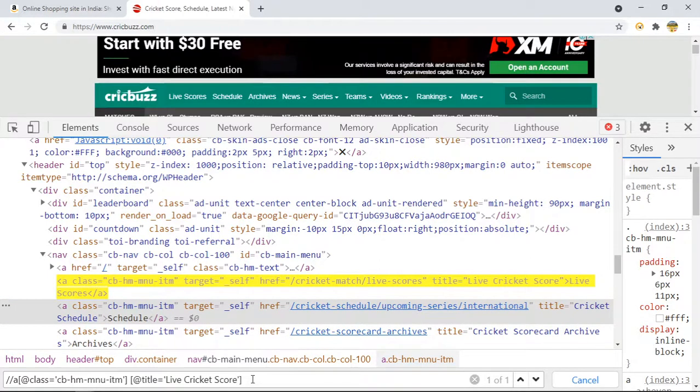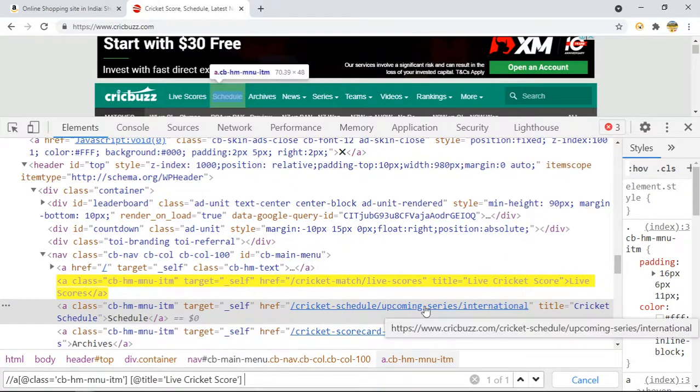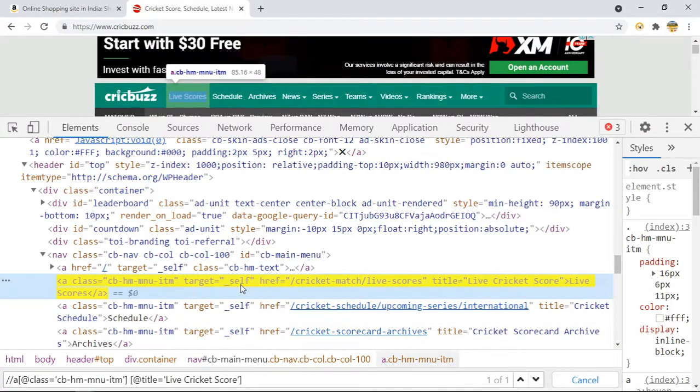So this is how you can keep on concatenating till the time you get a matching element, right? Is it clear to everyone? You can do one more if you want. Suppose I'm still getting three elements, so I can take this target as well. How can we do it? @target equals to hyphen self, right? So this is how you can keep on concatenating till the time you find the unique element. Is it clear to everyone?